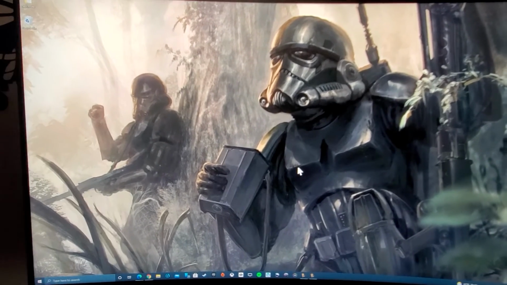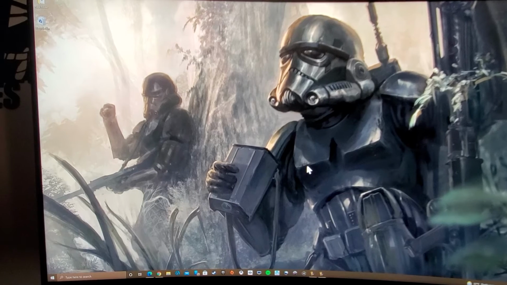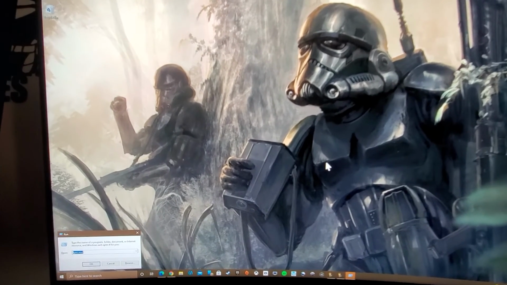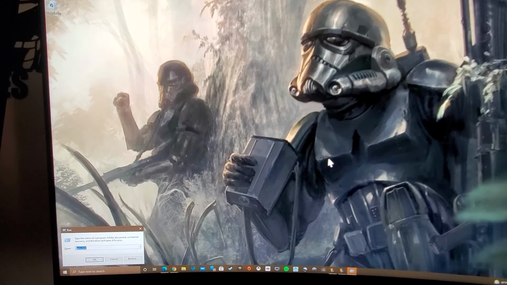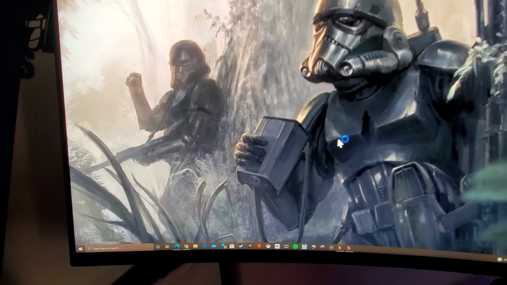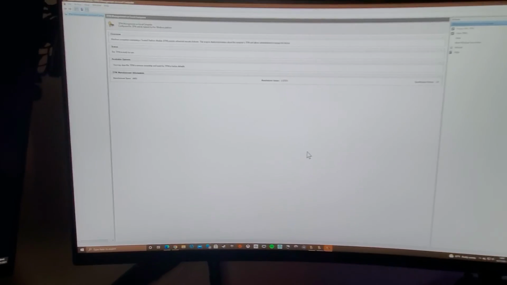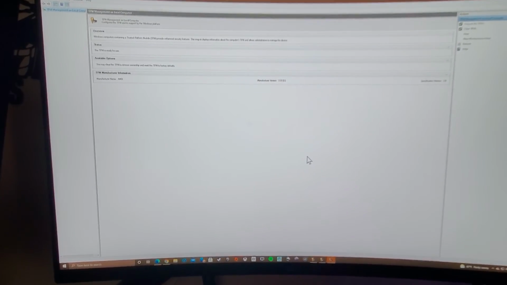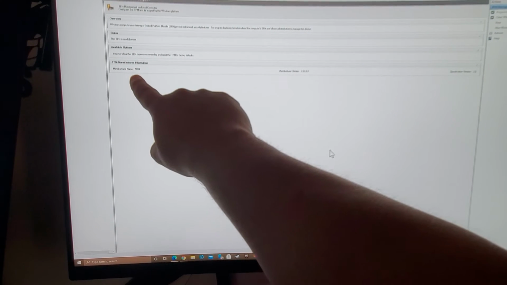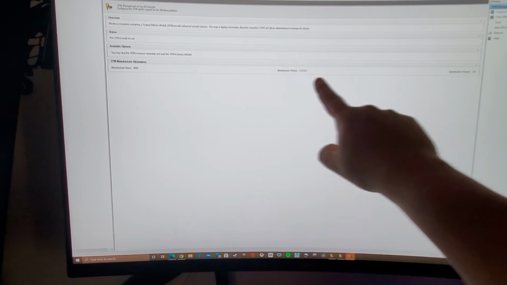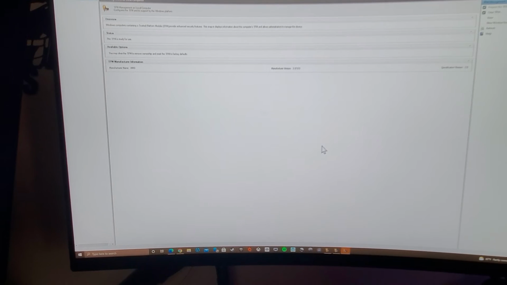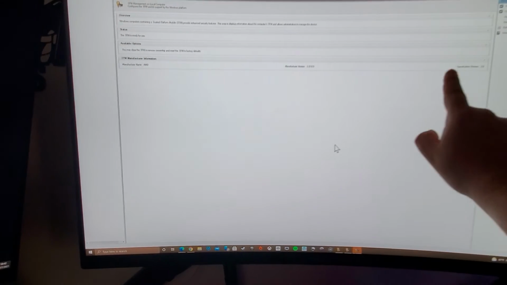All you have to do, please excuse the shaky camera work, is hit the Windows key R, which is going to bring up your run prompt, and type in what you see here, tpm.msc. And when you run that, it's going to open up the system trusted platform module information for your system. And what you're looking for is you want to see what you're seeing on this bottom line. You want to see some type of thing showing that you currently have a TPM ready for use, and especially